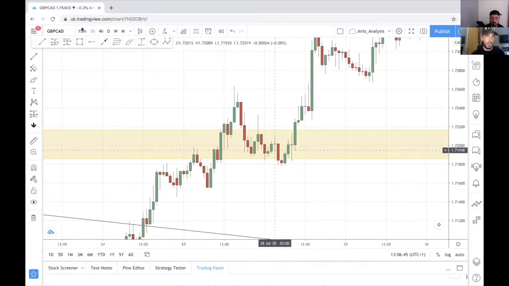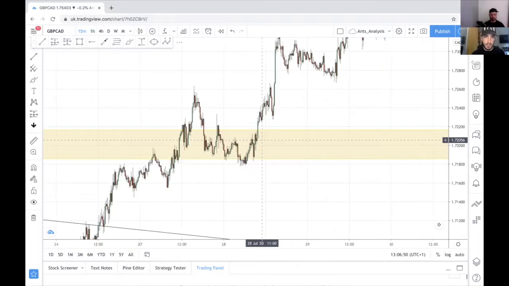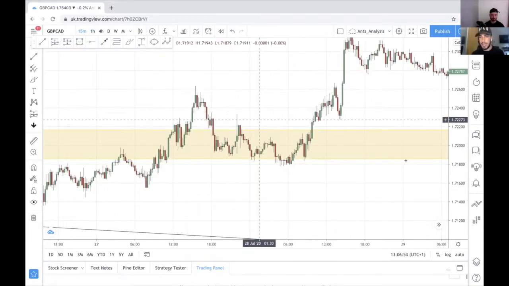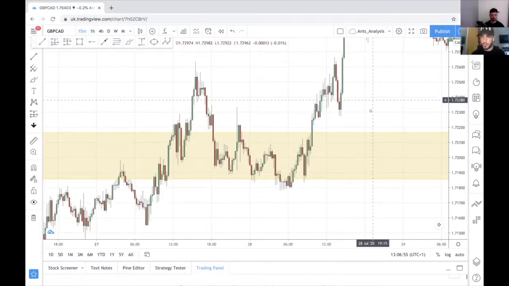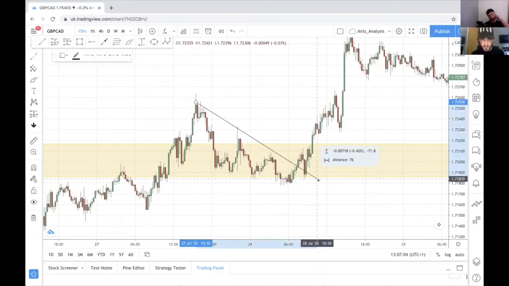So if I show you what it looks like on the 15-minute time frame, what price is actually forming is a bearish pennant pattern. So it's a squeeze pattern. As it's pulling back towards 1.72, we are actually squeezing. So we need to see a breakout of this. And if I show you clearly with the trend lines, something along these lines here,